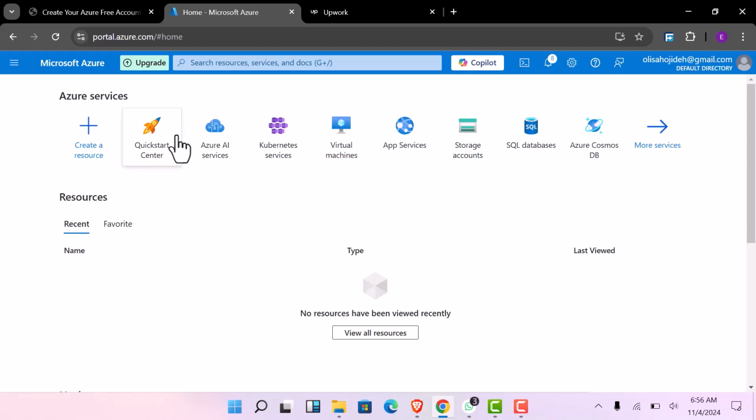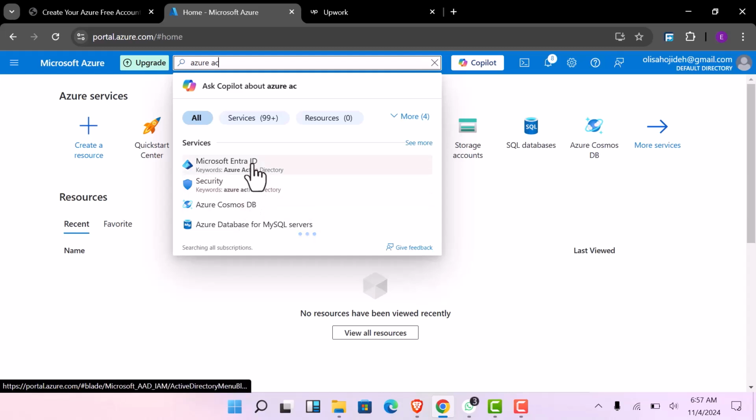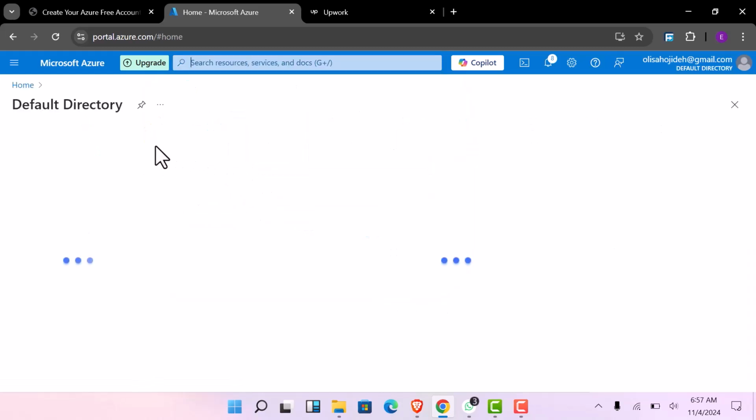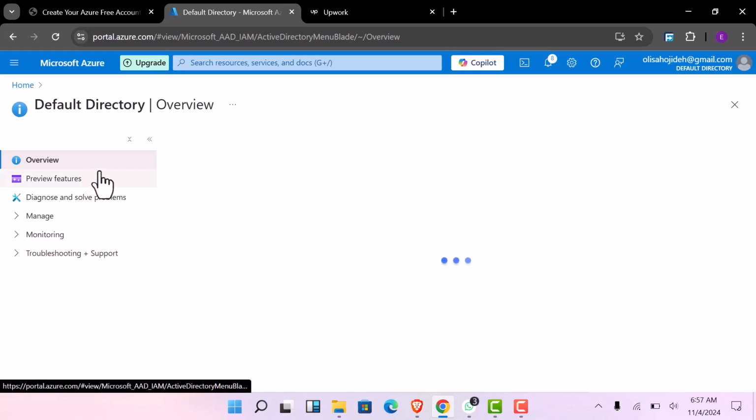The first thing I would like to deploy for Microsoft Azure will be our Azure Active Directory. Let's see, Azure Active Directory, also known as Microsoft Entra ID. So wait for this to load. Also keep in mind,